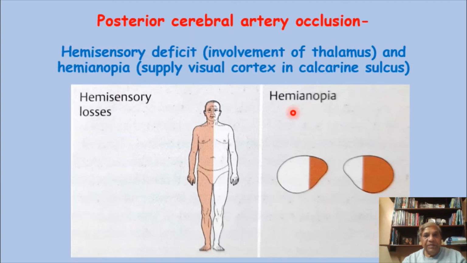This completes the blood supply of the cerebral cortex with the help of the three cortical branches of the circle of Willis, anterior, middle and posterior cerebral arteries, and I have covered the clinical application of